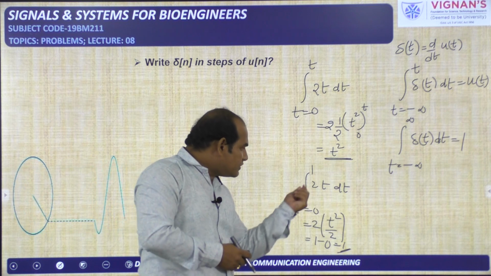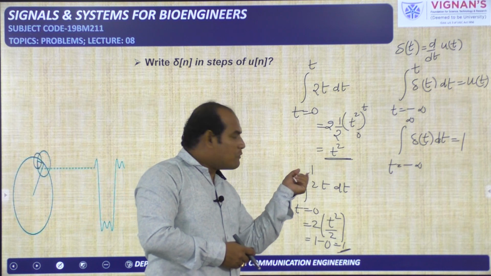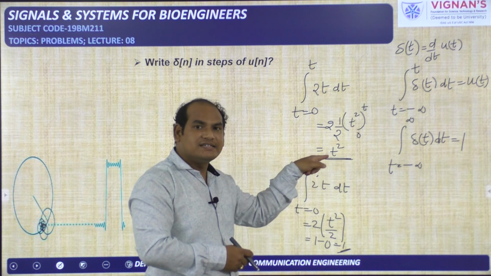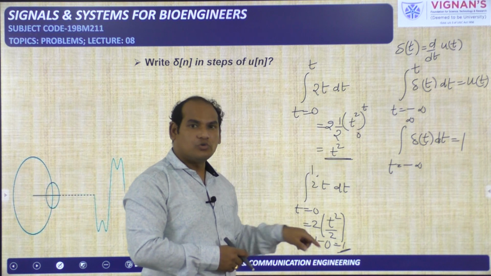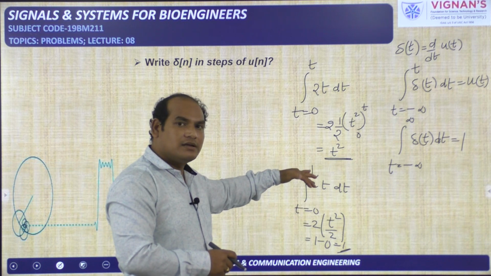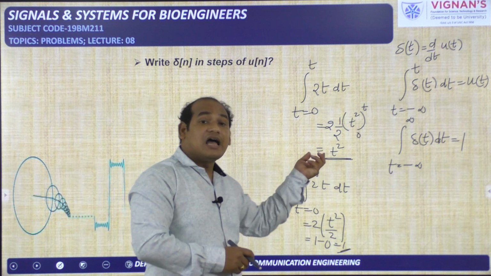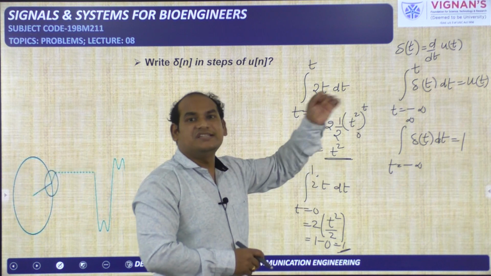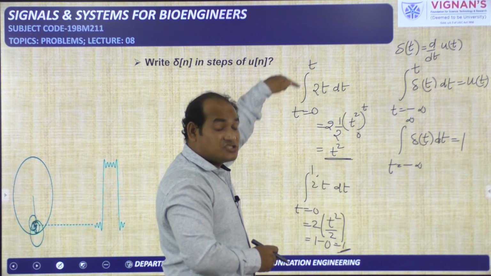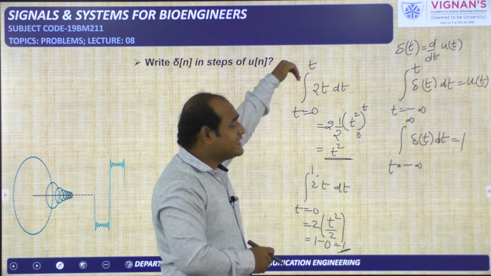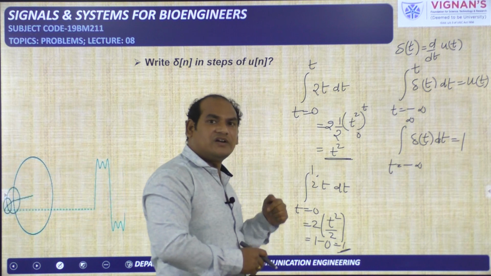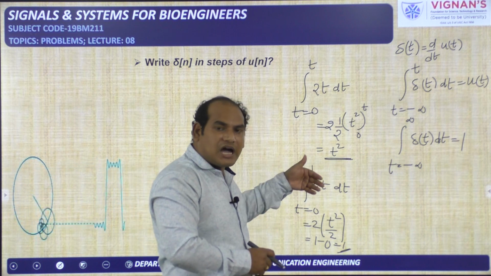You see here, you are doing the integration from t is equal to 0 to 1. What is the last value? T is ending with what value? 1. You substitute here t is equal to 1. 1 square means you will get 1 only. Both are same. But here you are calculating exact area from 0 to 1, that is 1. Here you are calculating how that integration function is changing, how that integration is varying as t is changing from 0 to t. This t can be 1, this t can be 2, this t can be 4, whatever it may be. You can do the integration up to 2, up to 3, up to 4 like that.